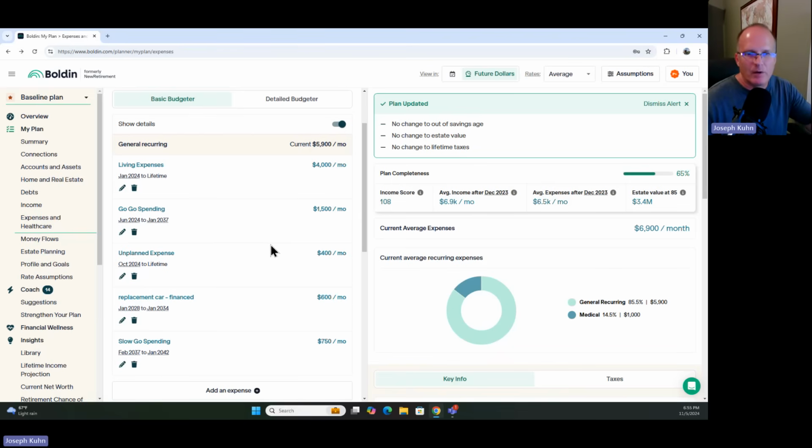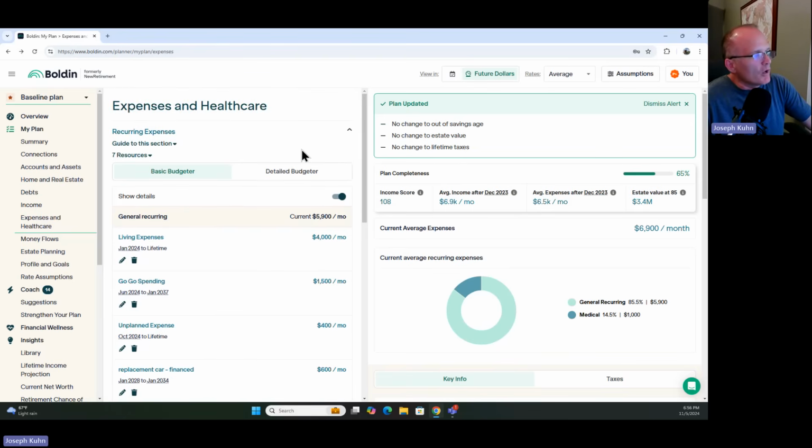Nobody spends a flat rate, and that's a big deal when you're talking about how much money is in your accounts and how much return. If you have to pull money out of an IRA, you don't earn 8% on that IRA money because you pulled it out. Trying to be accurate will help you retire as soon as you're able to, and also be more accurate around your probability of success.